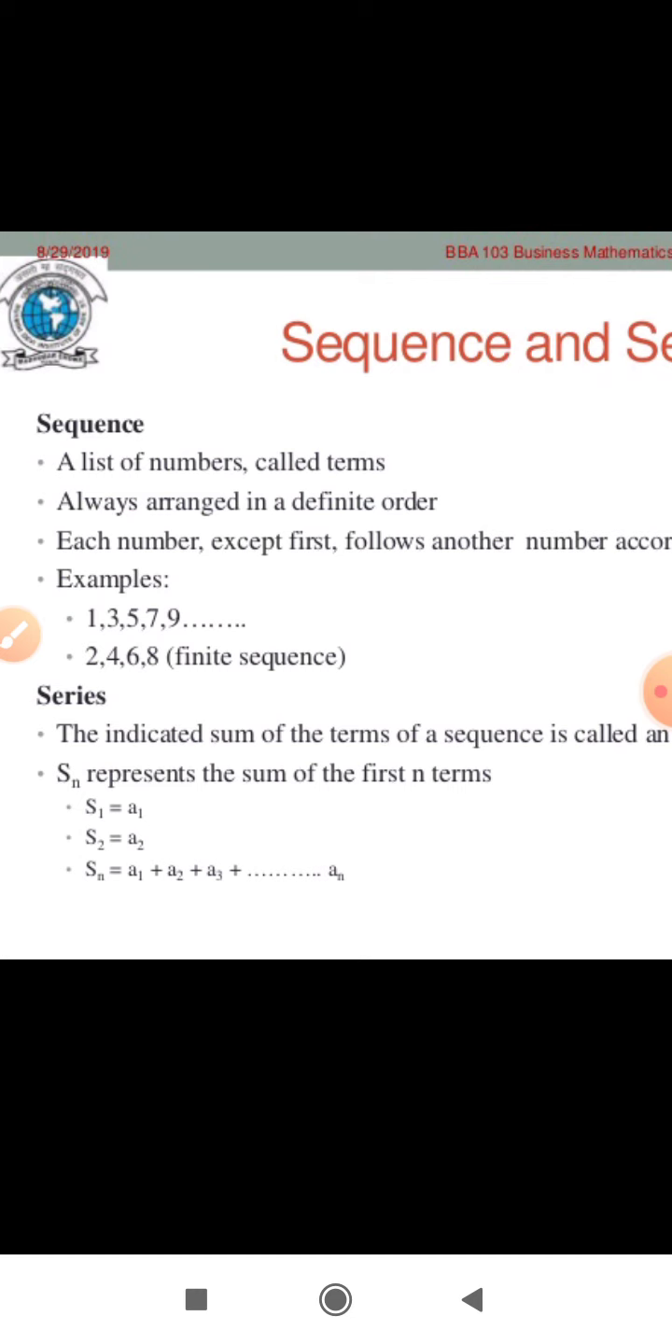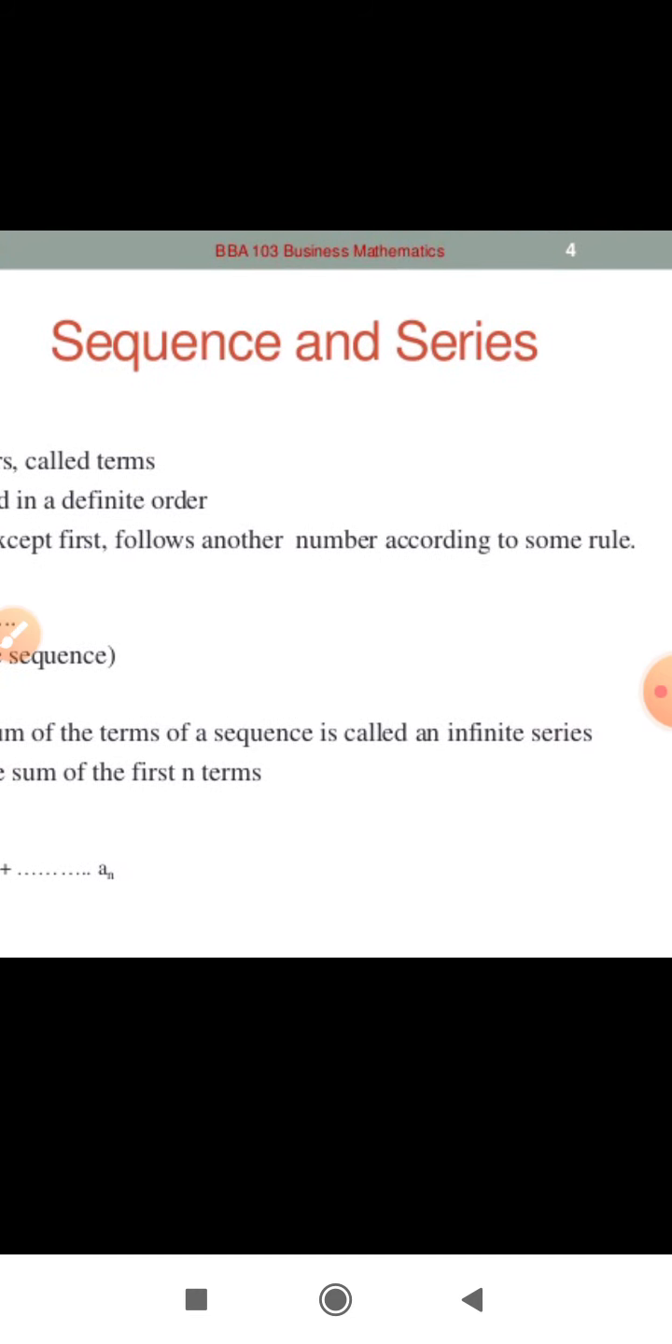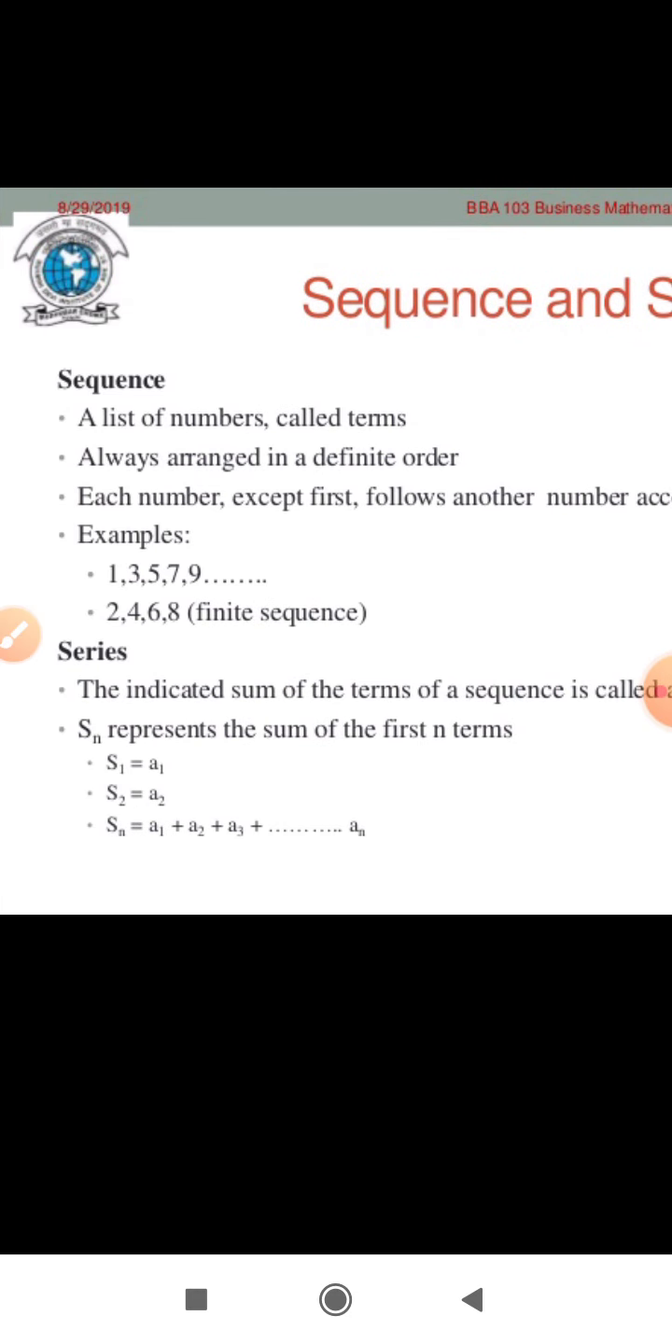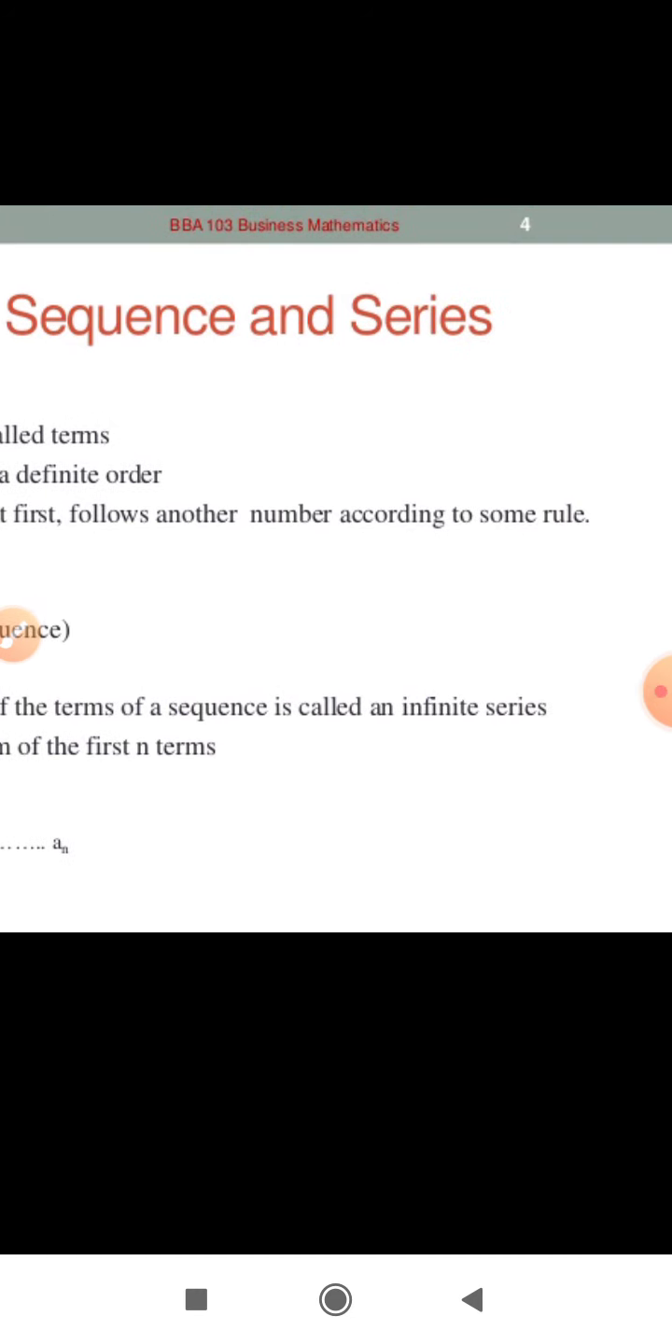Similarly, another series: 2, 4, 6, 8, and so on. Here the difference between two consecutive terms is also 2. Series: the indicated sum of the terms of a sequence is called an infinite series. Sn represents the sum of the first n terms. S1 is equal to a1, S2 is equal to a1 plus a2, Sn is equal to a1 plus a2 and so on up to